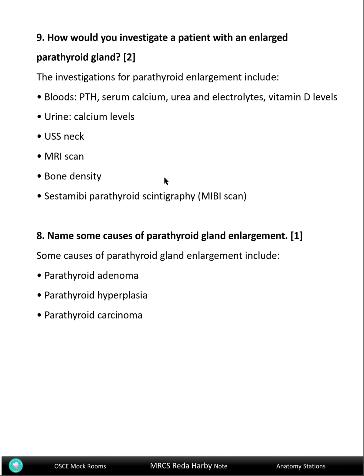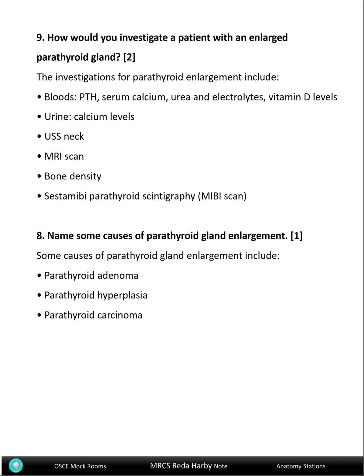What is the investigation for the parathyroid gland enlargement? So for parathyroid gland enlargement, first you are afraid about having an adenoma, right? So if you are afraid of an adenoma, then you are going to have hypercalcemia. So you will measure bloods, electrolytes, parathormone, serum calcium, urea and electrolytes, and vitamin D level. Why? Because